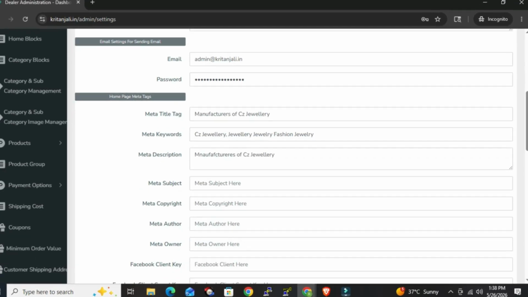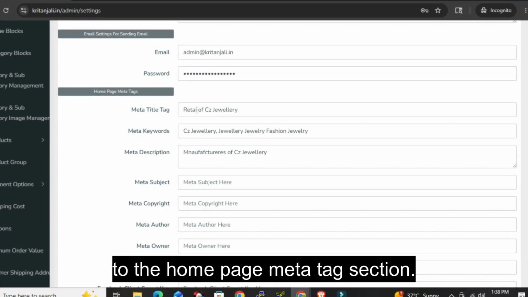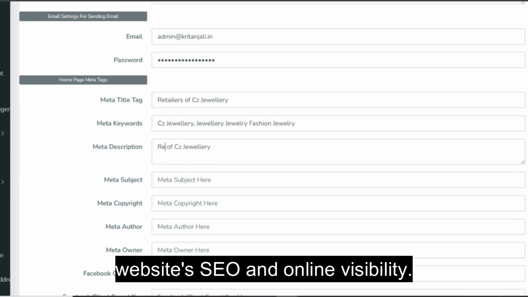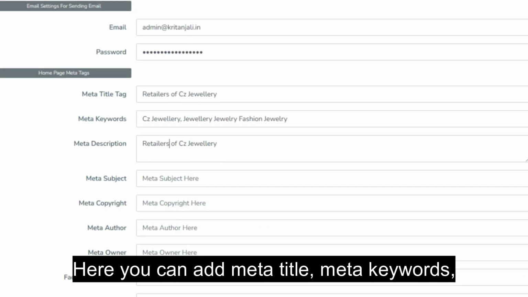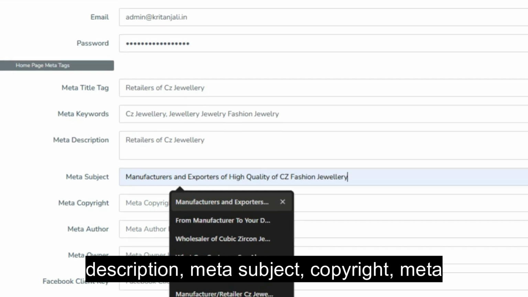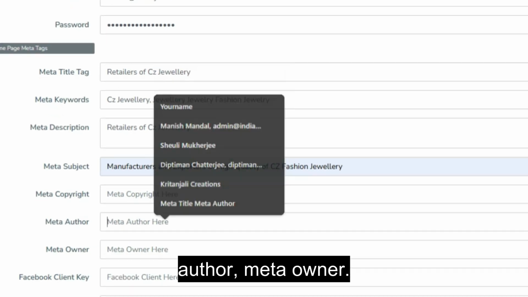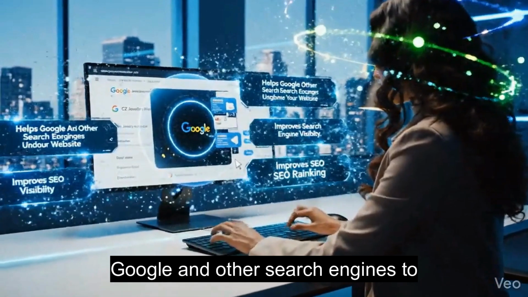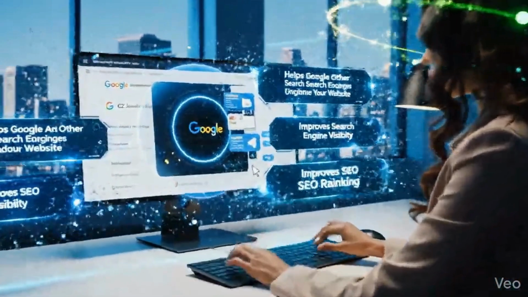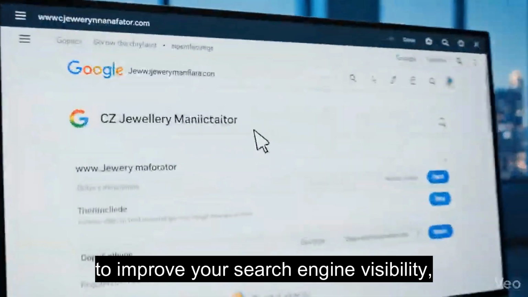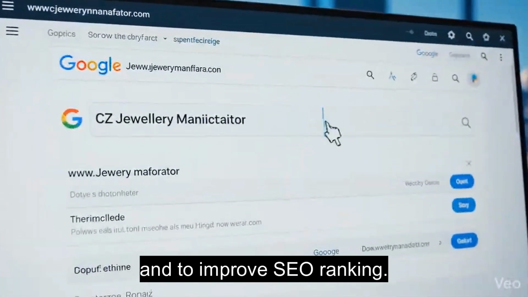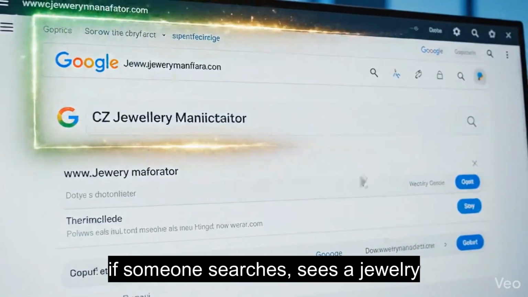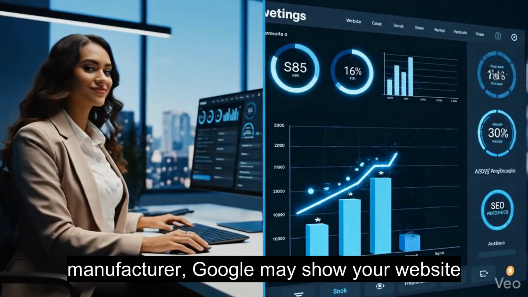Now move forward to the home page meta tag section. This section helps to improve your website's SEO and online visibility. Here you can add meta title, meta keywords, description, meta subject, copyright, meta author, meta owner. These details will help Google and other search engines to understand your website, to improve your search engine visibility, and to improve SEO ranking. For an example, if someone searches CZ jewelry manufacturer, Google may show your website based on